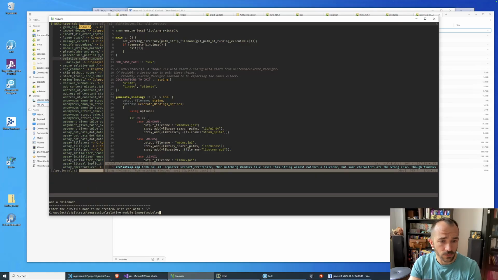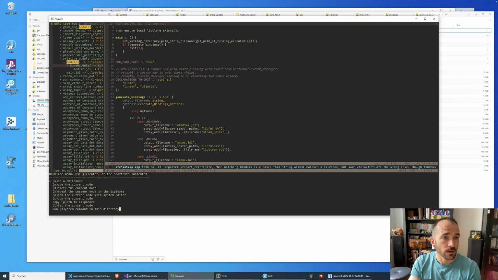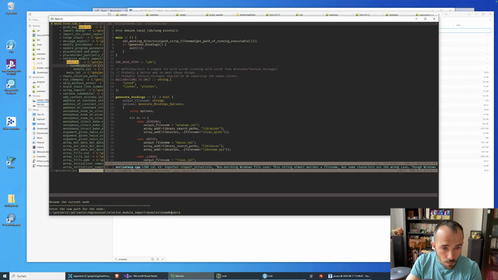And we have a modules, some module, module.jai. Why does creating a file take 5 seconds? Curse this program. And we have, and I can't type, some module. Why does renaming take 5 seconds?